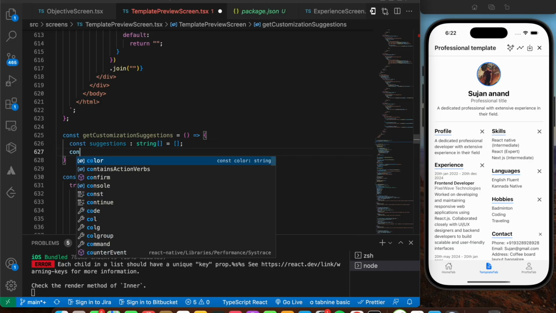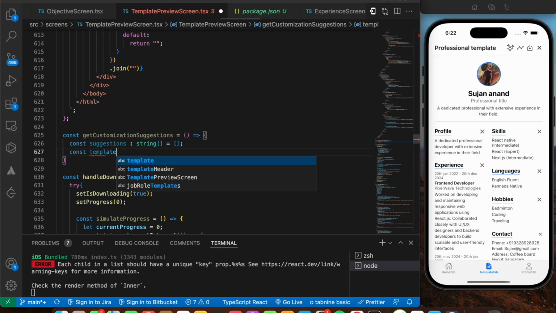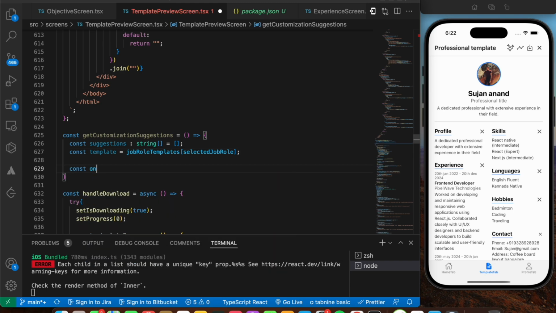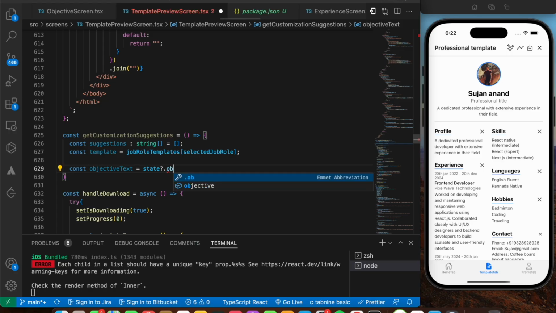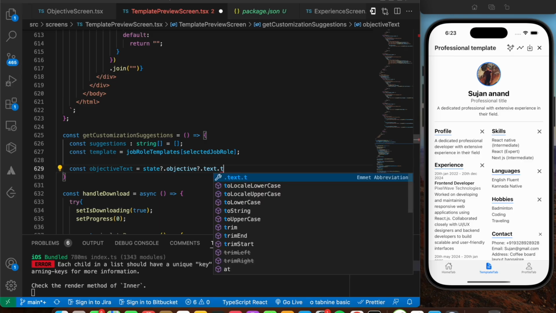Okay, initially an empty array, so I'm going to say const template is going to be equal to your job role templates that we had designed earlier, or implemented earlier, of your selected job role. Now the next step is we need to analyze the objective. So I'm going to say const objectiveText is going to be equal to state.objective.text.toLowerCase()